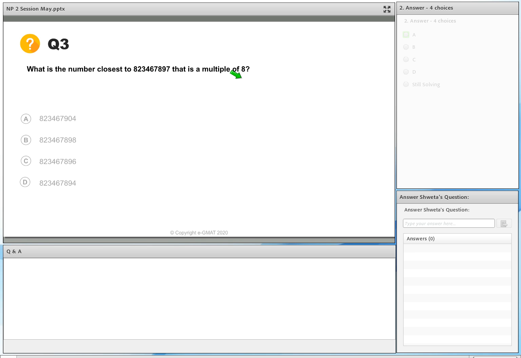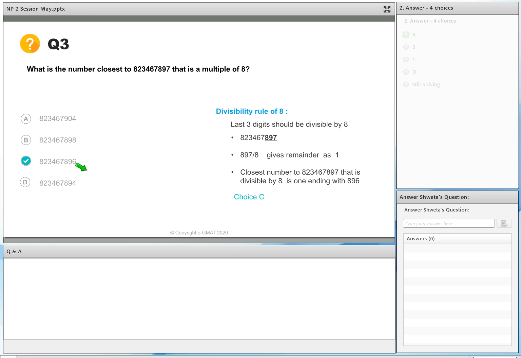This time you need to know the rule for divisibility by 8. You need to understand when a number is going to be divisible by 8, or when a number is going to be a multiple of 8. It's similar to the divisibility rule of 4, but instead of the last two digits, you now look at the number formed by the last three digits. That number should be divisible by 8. Now, right now you have